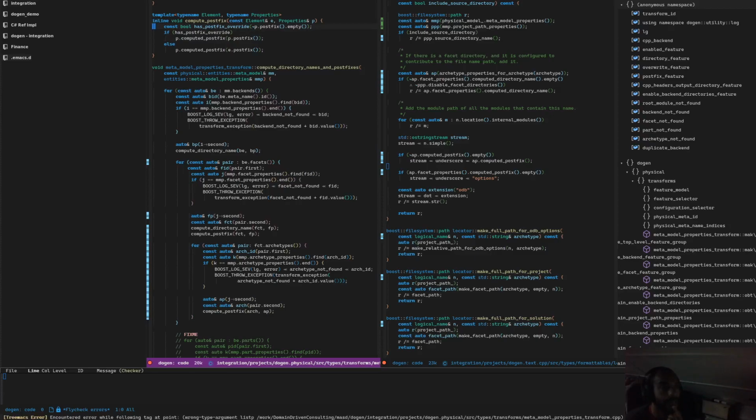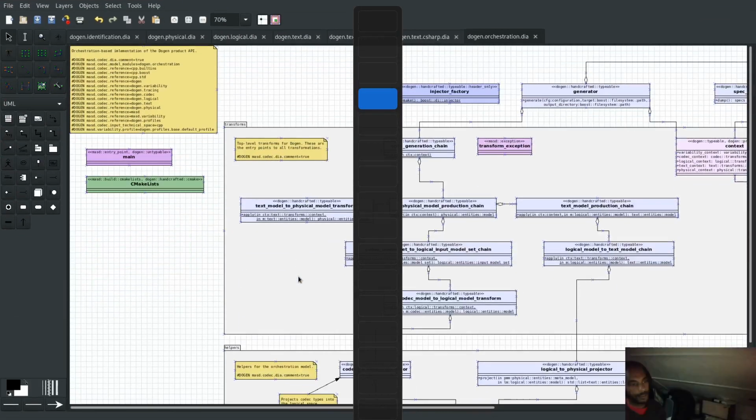Interestingly enough, we're saying here if p.postfix.empty. Okay, that's actually quite interesting. I think what we really mean is E, because what we're really saying is if, let's have a look,